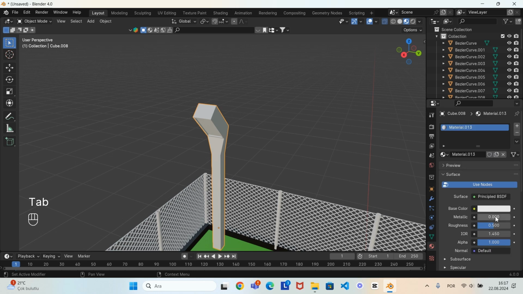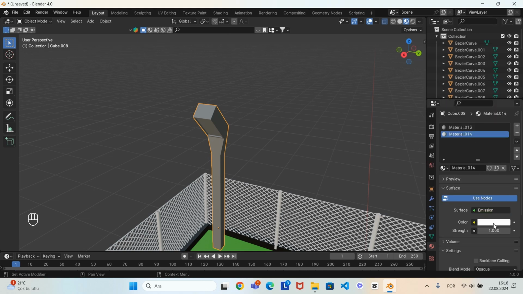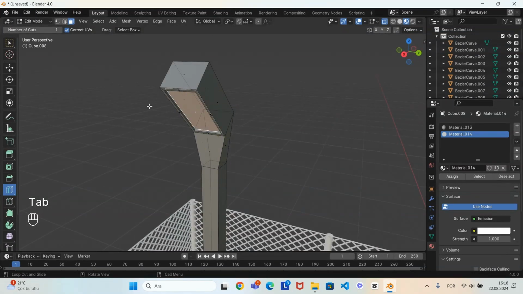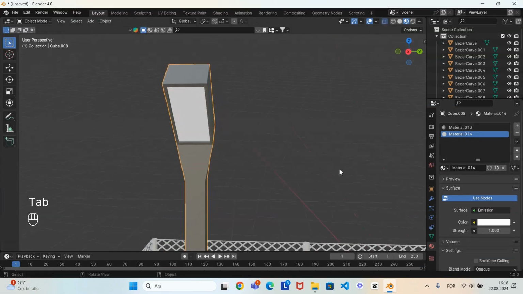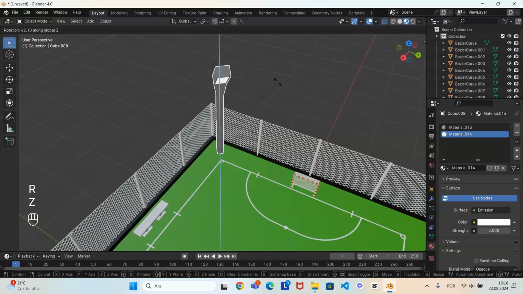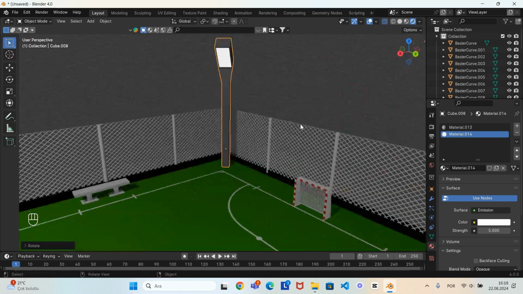Then add a gray color, then add another emission, and then going to emission, which will make a glowing color. And then in edit mode, assign to that part you want to be glowing. And by changing the strength, it will be more glowing. I'm going to make it 5, and then rotate it like this,